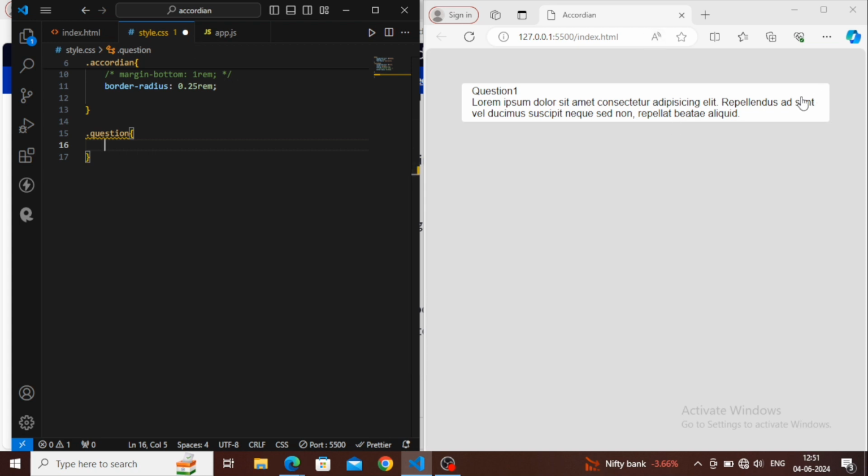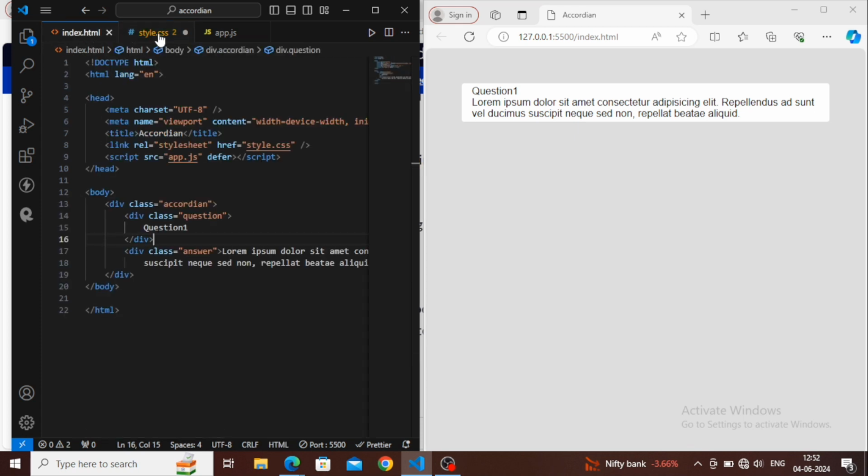We will not use a button, we will simply give a plus, and when we click on this, this plus should change into minus. So there will be two things inside this question: one will be this question number 1 text, and another thing will be that plus or minus. We will write this code later on. First let's go to the answer part.